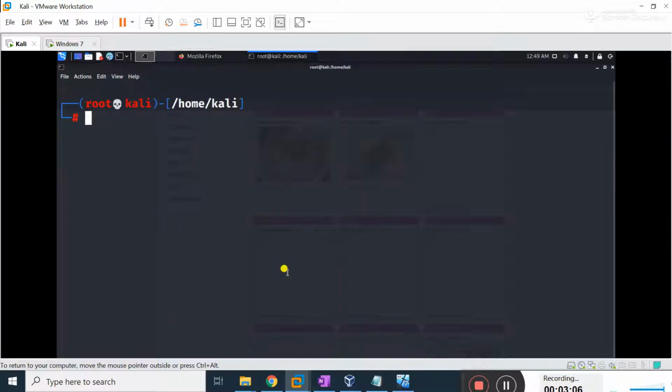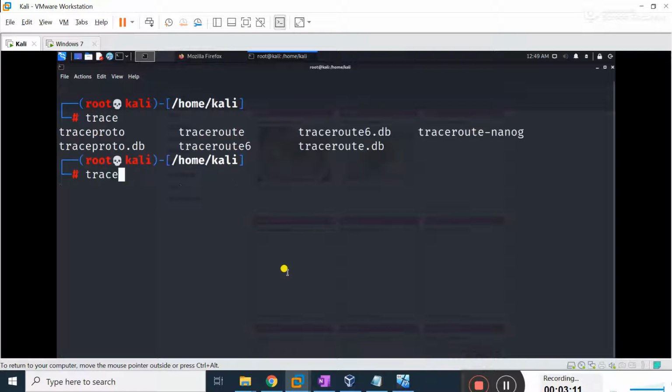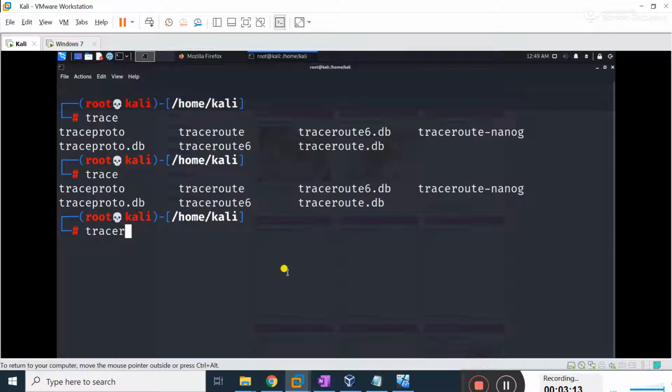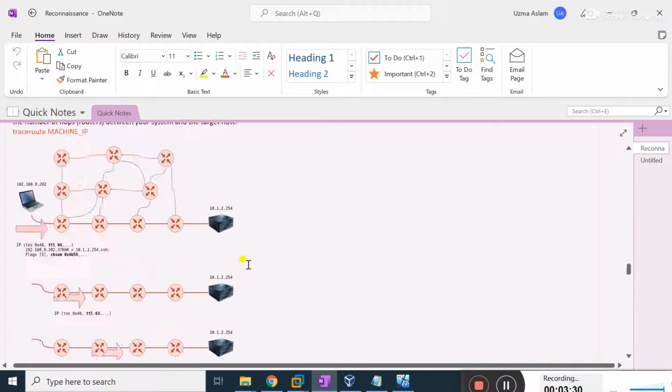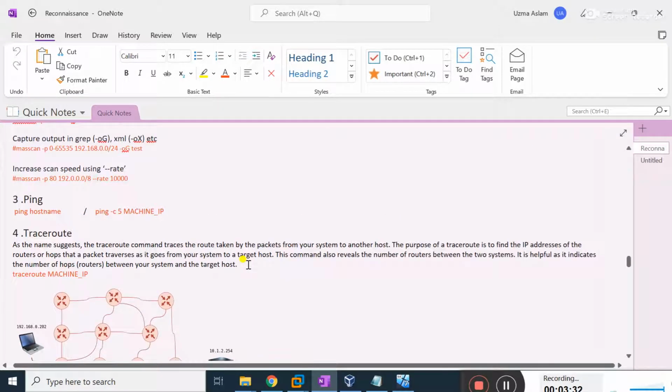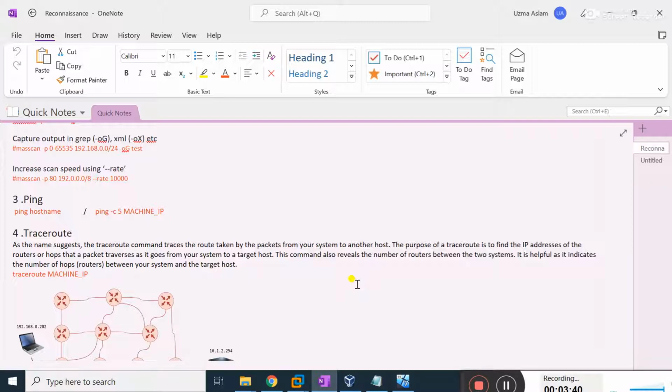Okay, let me show you the second tool, that is traceroute. Students, you can use traceroute. Okay, I should use the tab key in order to complete my task automatically. I type here traceroute, and then 192.168.18.25. Actually students, basically traceroute is a command that you can use in order to specify through how many interfaces your request will go in order to reach its destination.